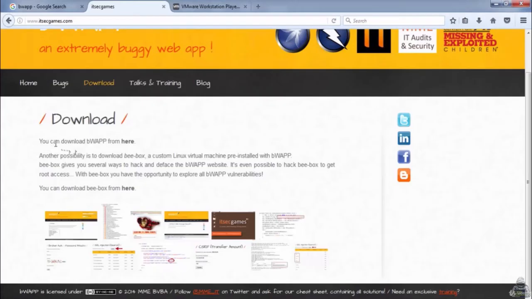It has bbox. The bWAPP web application is just a few MB and the bbox is more than 1 GB. I would like to recommend you to download this version, that is bbox, more than